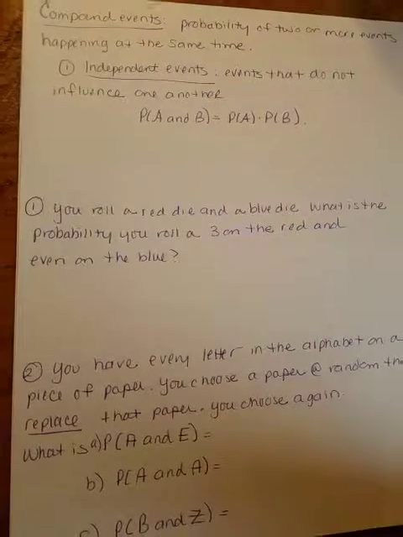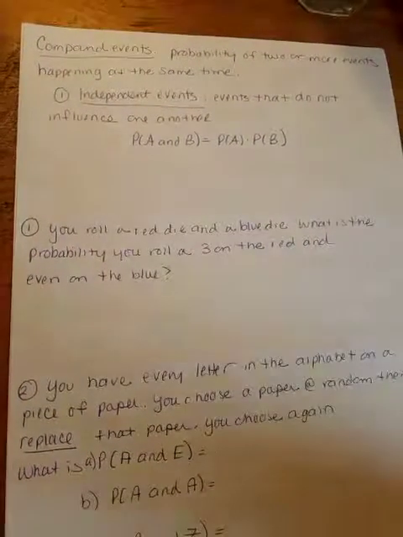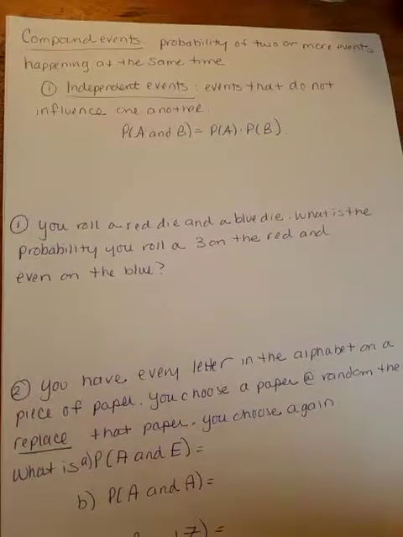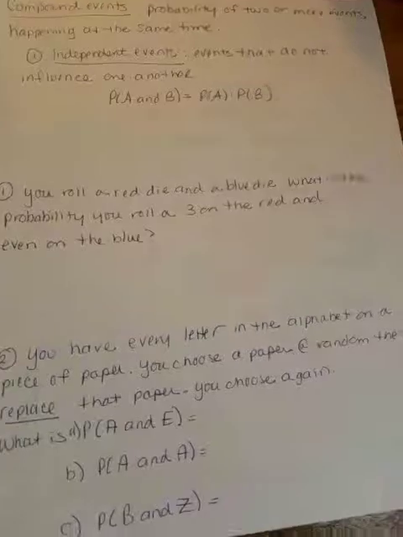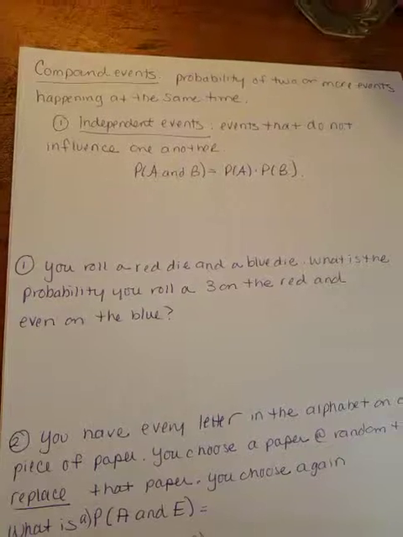Number one, you roll a red die and a blue die, just two different colors to keep it straight which one we're asking about. What is the probability you roll a 3 on the red and an even number on the blue? Okay, so these two events, rolling the red die and rolling the blue die, these are independent events because they